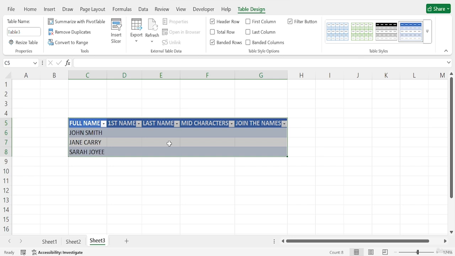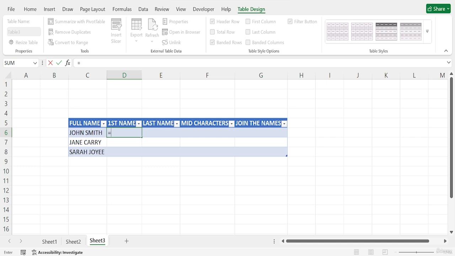Here, if I want to extract the first name of this full name, I will use the LEFT function. The LEFT function extracts a specific number of characters from the beginning of the text string.